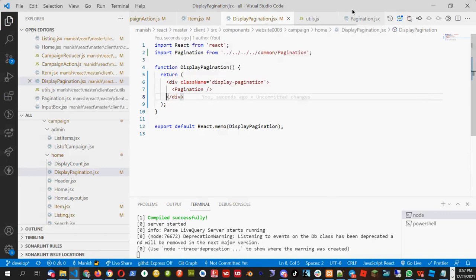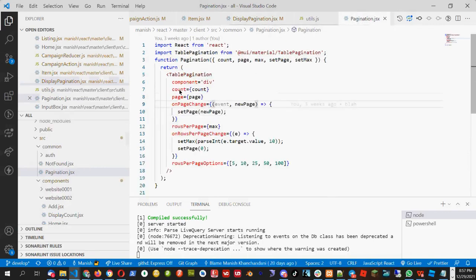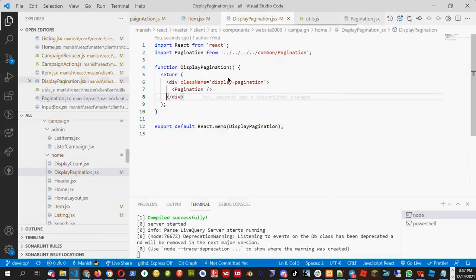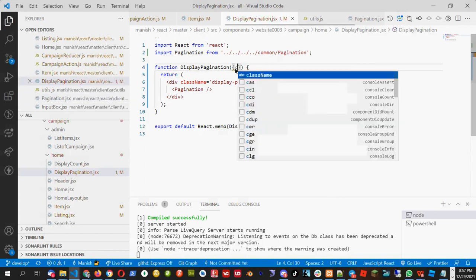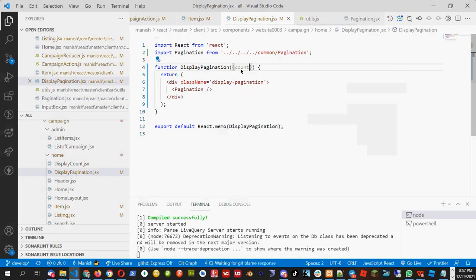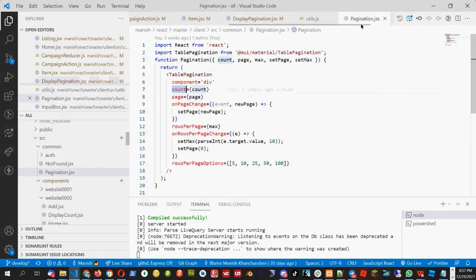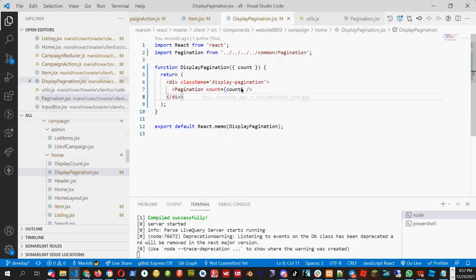Now, what things do I need for pagination? First thing is I need the count. So let's get the count as props here. It will come from the listing page, and here I will pass it to the pagination. What else do we need? We need the page number. Let's get the page number also.